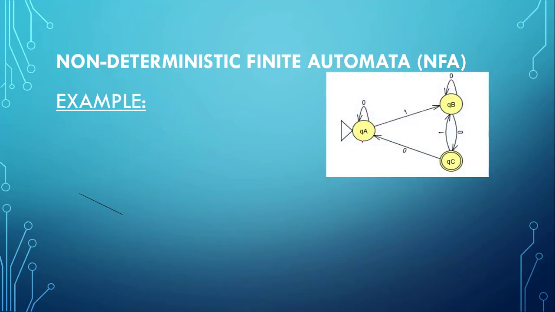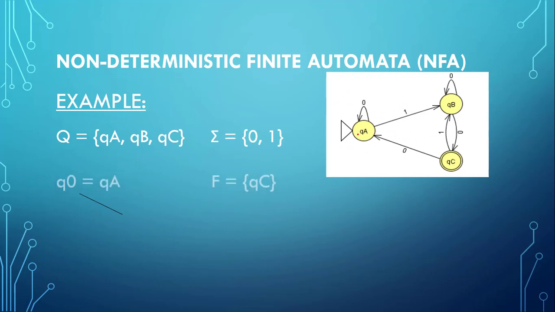So here is our state transition diagram where we have QA, QB and QC. Okay, so these are our Q, sigma will be 0 and 1, that is our input alphabets are 0 and 1. Again our Q0 will be QA and F is going to be QC. As you can observe, we are not writing QA in curly brackets, but instead we are just simply mentioning it as QA. That is, we are assigning Q0 the value of QA, whereas F is written as a set, where QC is a single final state, still it is represented in curly brackets, that is set.